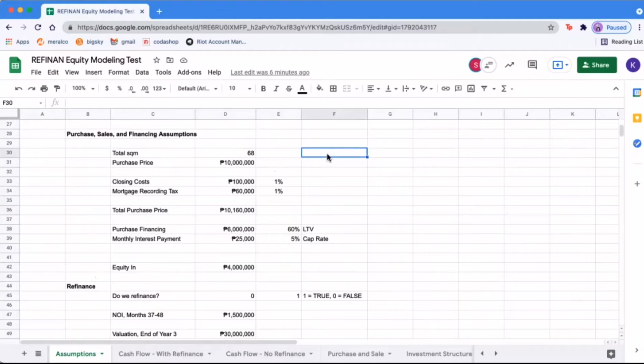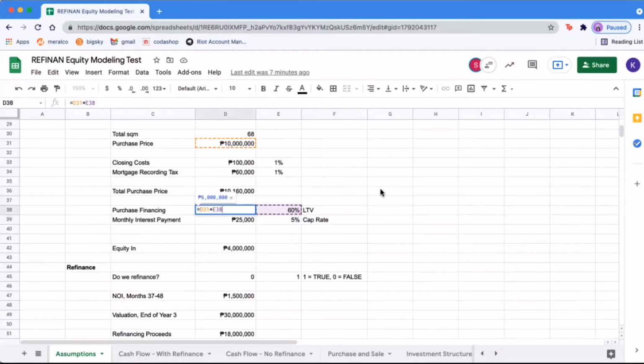We're now going to discuss the purchase, sales, and financing assumptions. Again, total square meters, it's at 68. Purchase price at 10 million. Closing costs, it's purchase price multiplied by 1%. Mortgage recording tax, it's the purchase financing multiplied by 1%. And then the total purchase price, it's just the sum of purchase price, closing costs, and mortgage recording tax. And then for the financing,